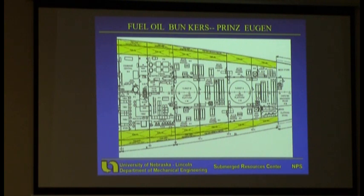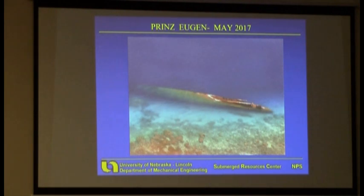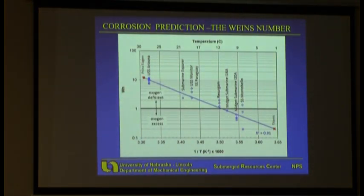The ship is again lying upside down and that's just a picture from the surface. That's from the air looking down on it. Anyway, again, I'm just using this plot to kind of identify the various locations of the structures, and we don't have the Prince Eugen